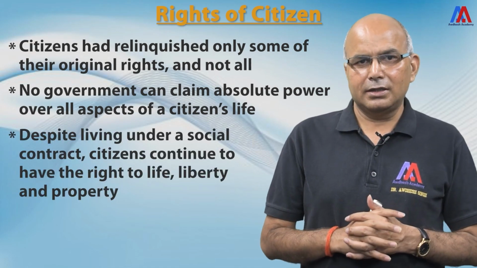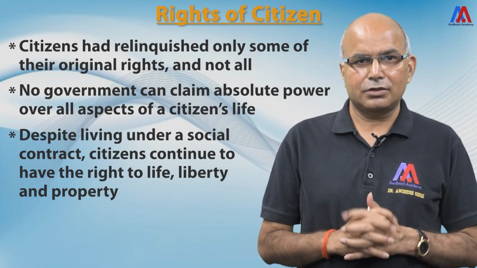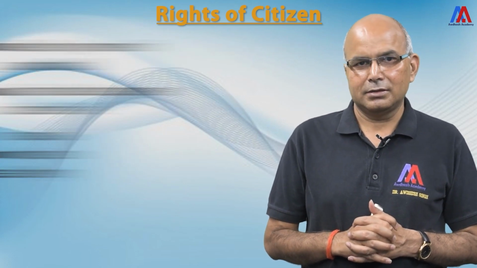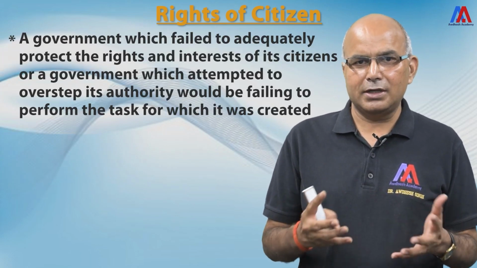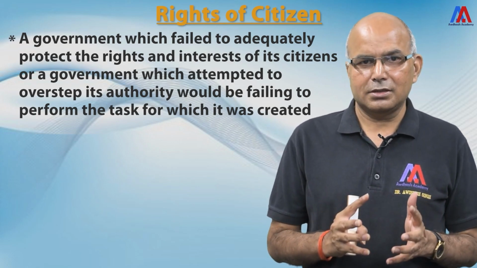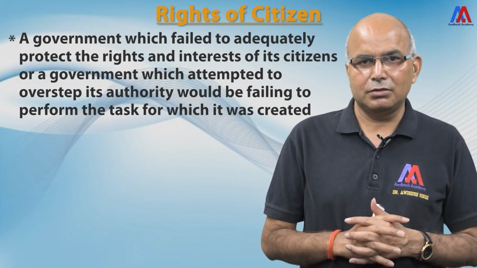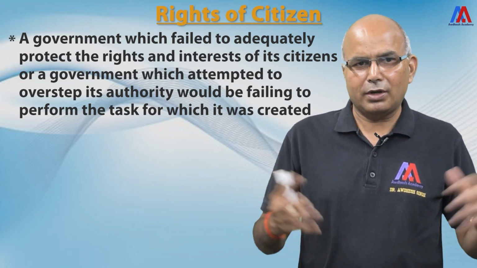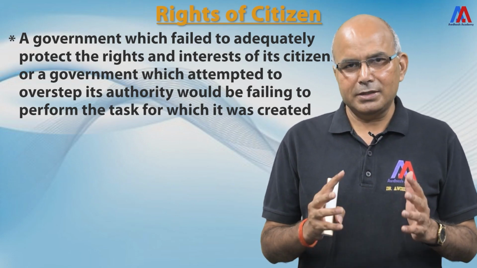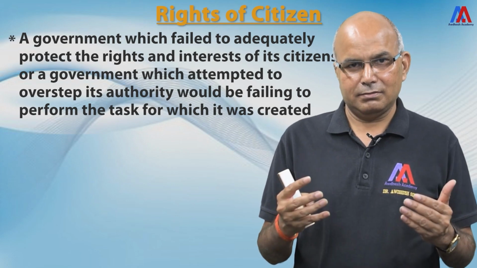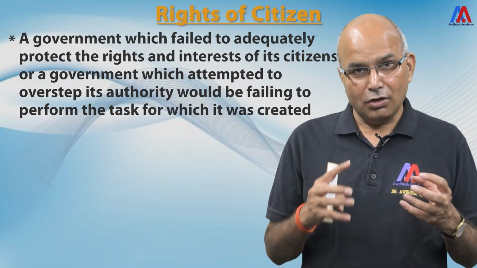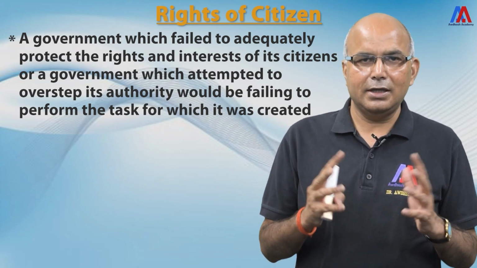Now, despite living under the social contract, the citizens continue to have the right to life, liberty, and property. These are the rights which cannot be taken away by any government. And a government which fails to adequately protect these three rights, that is life, liberty, and property, and the interest of the citizens, or a government which attempts to overstep its authority and take more rights, would be failing to perform the task for which it was created. That means the government has been given certain tasks, that is to protect these rights. And if they try to capture more rights or they fail to protect these rights, then they are failing to